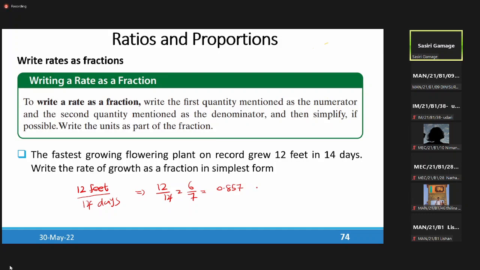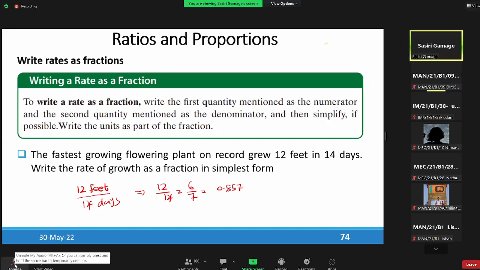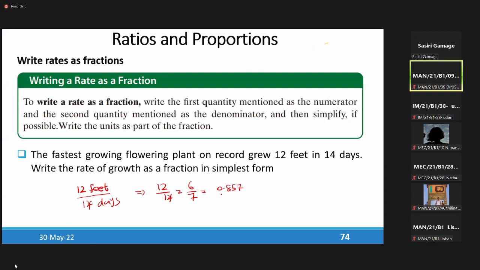Is that correct? Yes, sir. Okay. Then let's take 3 decimal places. Then we can write it as 0.857 feet per